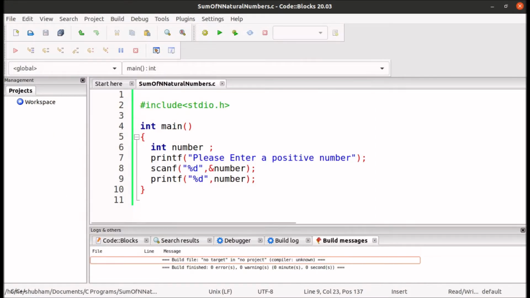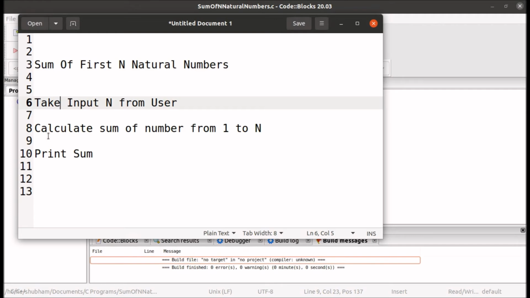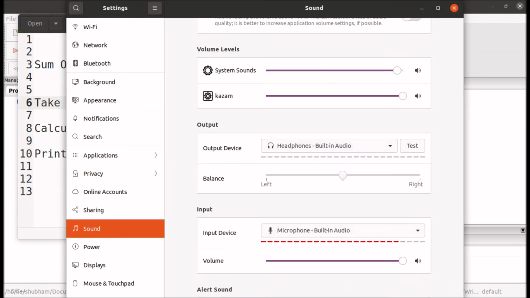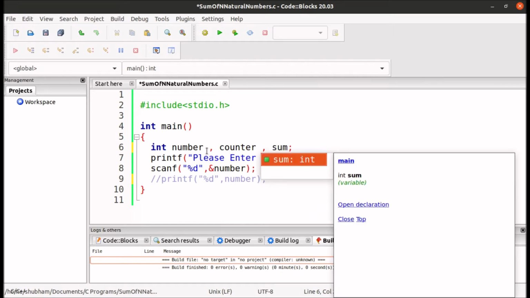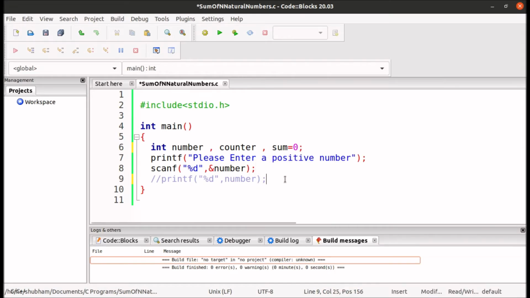Now the second step is to calculate sum of number from 1 to n. So let's write the code for it. I will comment this line because it is not required, and declare two more variables. One is for counter so that I can keep count of the sum, and one variable sum equals to 0 to store the sum of first n natural number.